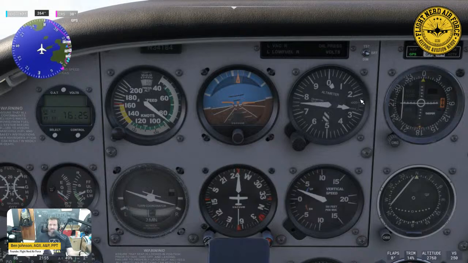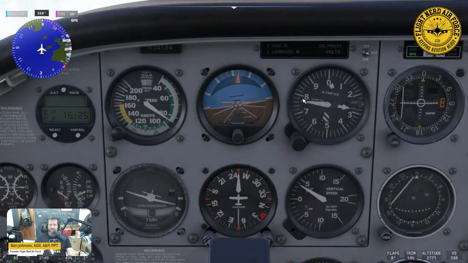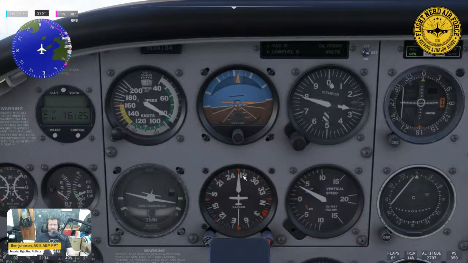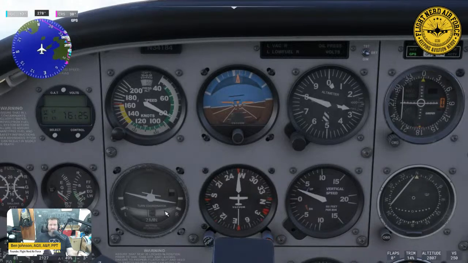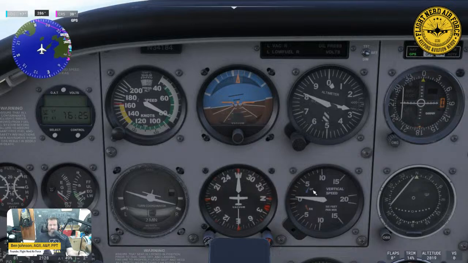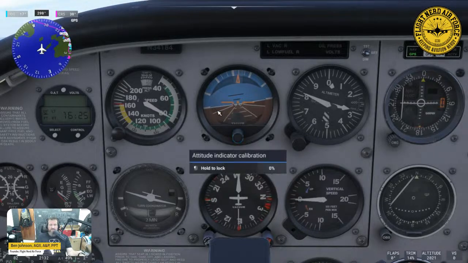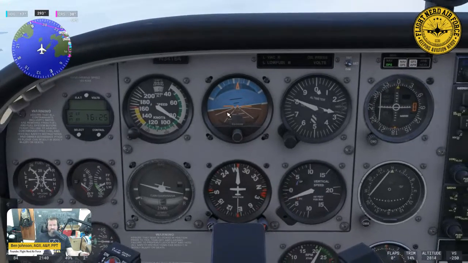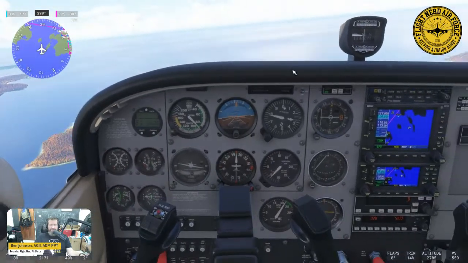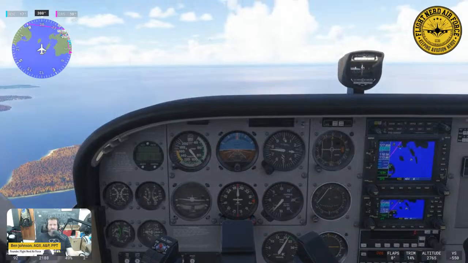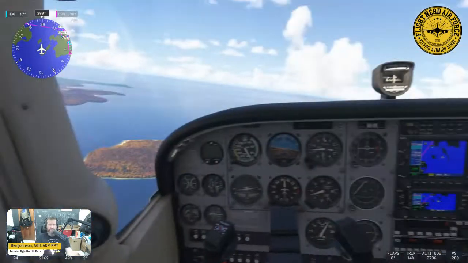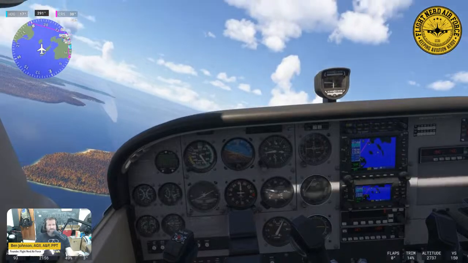I am at 2,780 feet above sea level. And I am turning through the direction of west here in just a minute. And I'm making a relatively coordinated turn. And I can see my vertical speed moving around a little bit. So again, this is why all these instruments, when you put them together, work really well to help us understand what we're doing and where we're going. I do want to show you another way of doing all this in just a minute. But to do that,